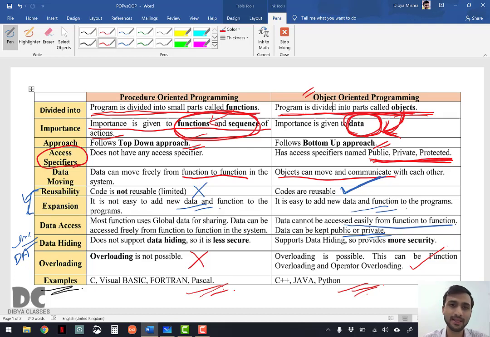Okay, so now we have completed POP and OOP. So chapter 1 is completed. I think you enjoyed chapter 1. Chapter 1 is very important. You will get an average of 4 marks, from 2 to 6 to 8 marks, in your board exam. So please go through the chapter again and again, starting from the first part to this fourth part of the video.